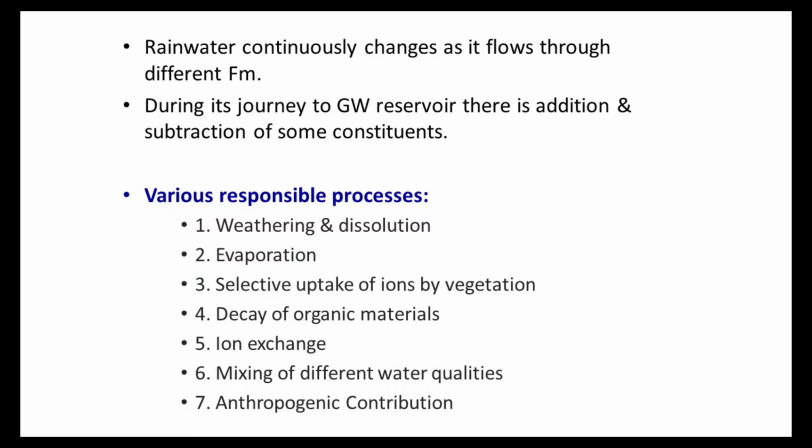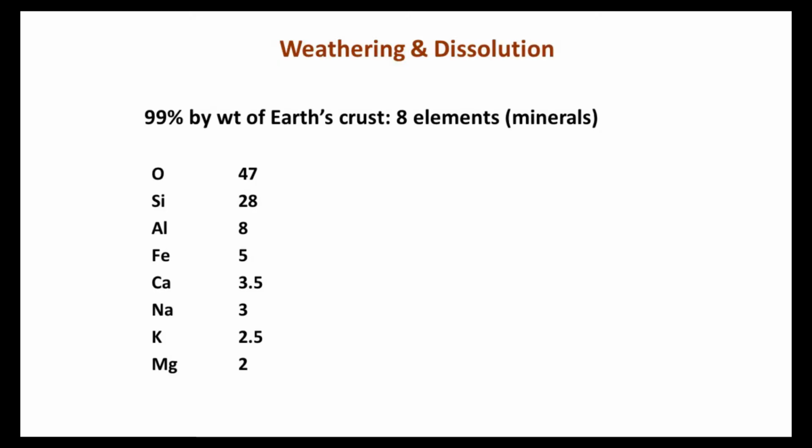So we are going to discuss these processes one by one, which are responsible for the addition or subtraction of chemical constituents during its journey from surface to subsurface. The first process is weathering and dissolution. We all know that 99% by weight of the earth's crust is composed of mainly 8 elements, and these 8 elements combine together to form various minerals. These important 8 elements which constitute the earth's crust are oxygen, silica, aluminium, iron, calcium, sodium, potassium and magnesium in